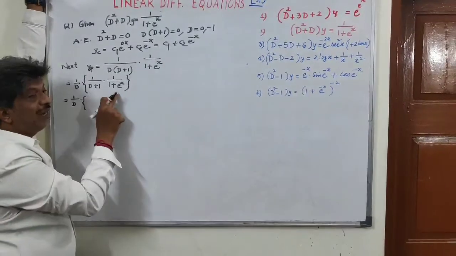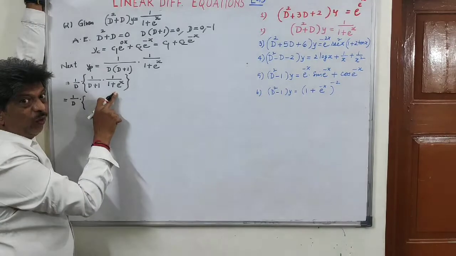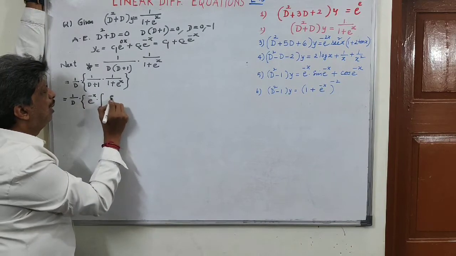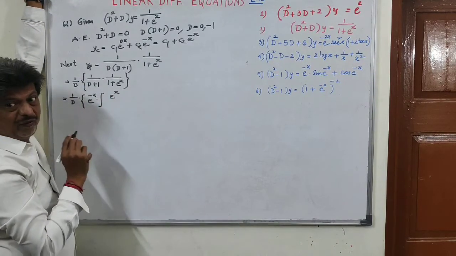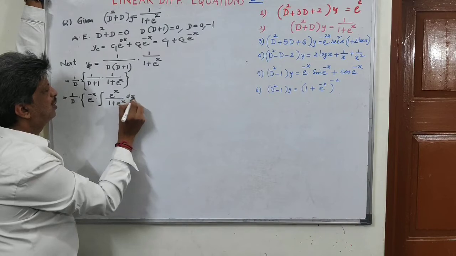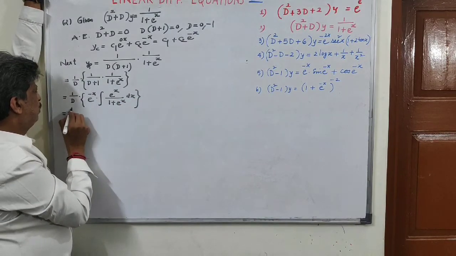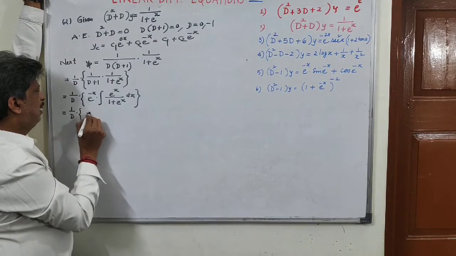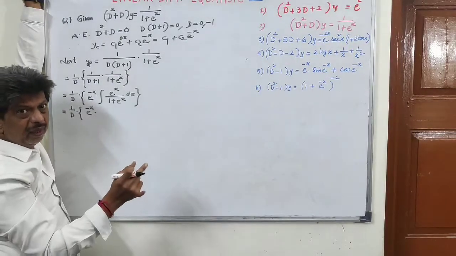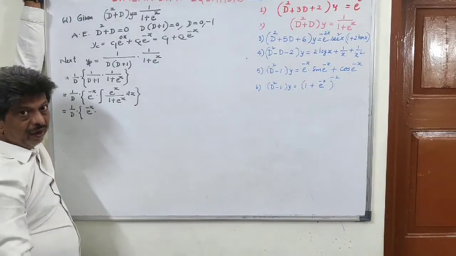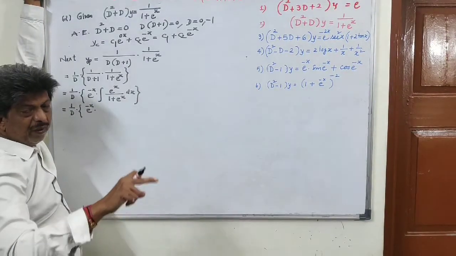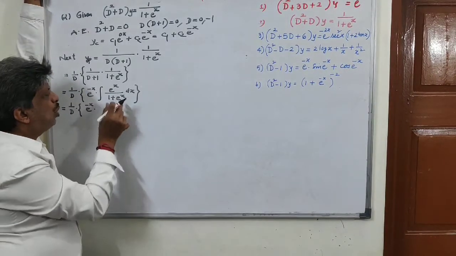Now once again I am using the general integral formula, taking m equal to 1. So this is equal to e raised to power minus x into the integral of e raised to power x into f of x, 1 upon 1 plus e power x dx. 1 upon D times e raised to power minus x here. This integral is again a very simple integral. Here the numerator is the derivative of the denominator. If I put 1 plus e power x equal to t, derivative of 1 is 0, e power x dx is dt. So this is log of the denominator.